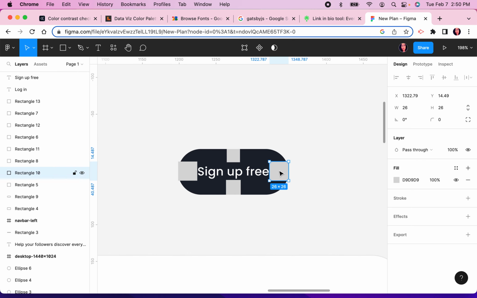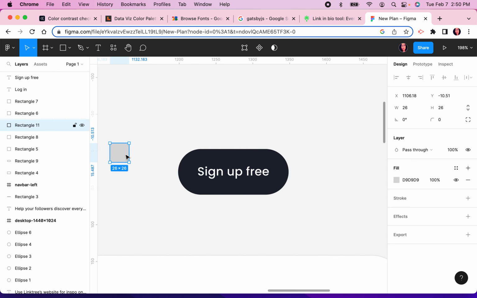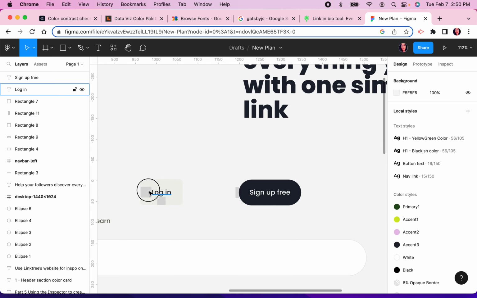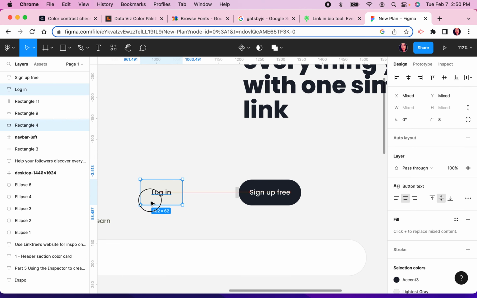There we go. Alrighty. So now we have our buttons. And instead of 26, I'm just going to make this 8 pixels just to help us out a little bit. Okay, so I'm going to take this and I'll put this right here. And then I'm going to take this and this and this and this. And I'm going to drag this over here